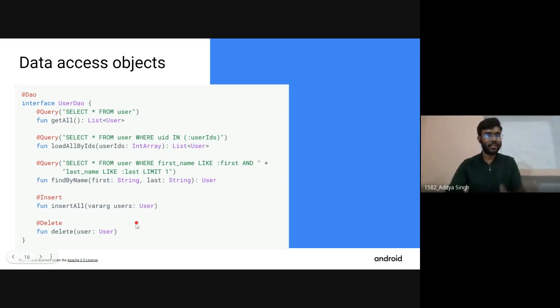All right, same for deletion. For deleting, we just need to pass what we want to delete. Okay, it is also not going to return anything. We don't need anything. So we will only pass our model class to this delete function, and it will delete that data for us.